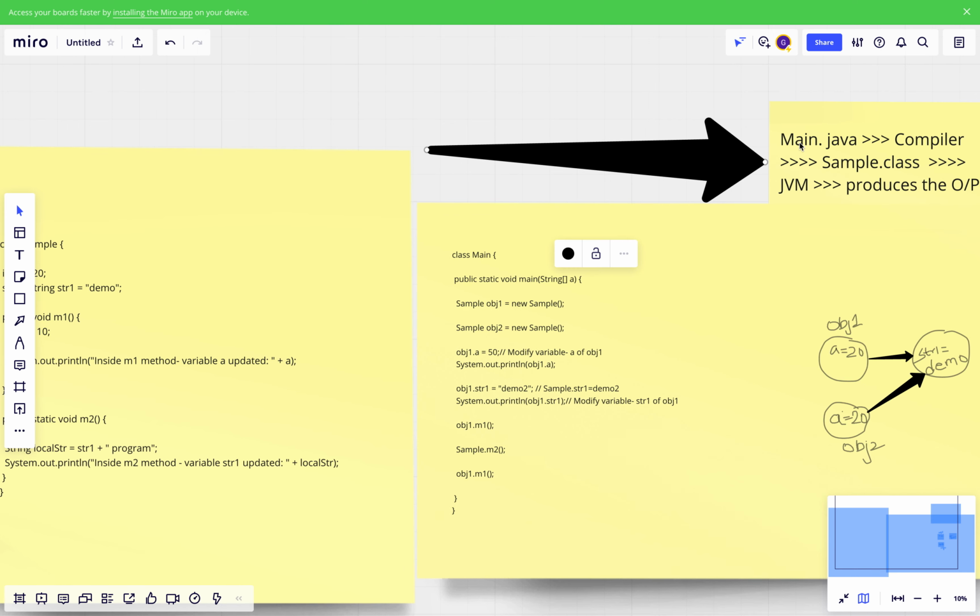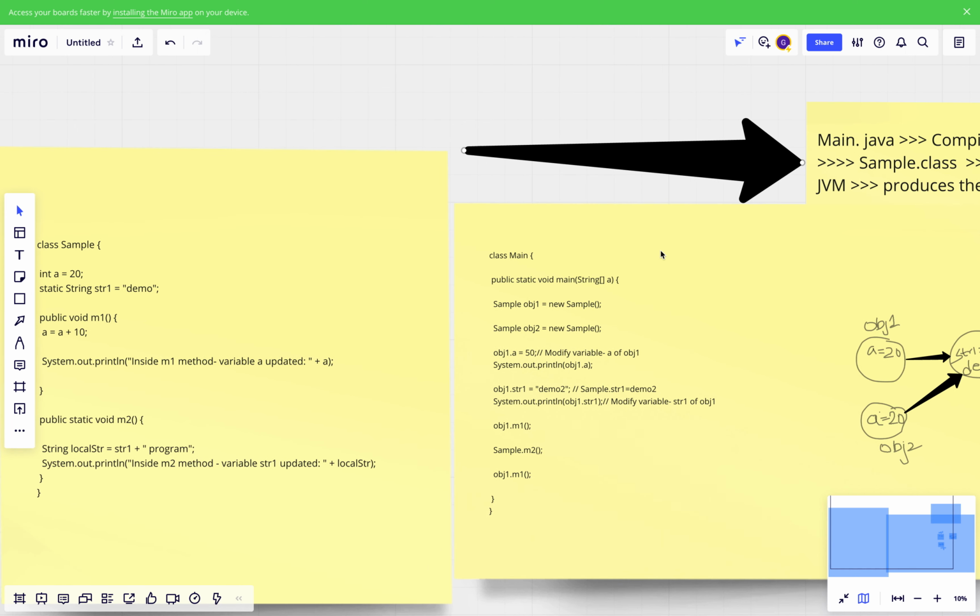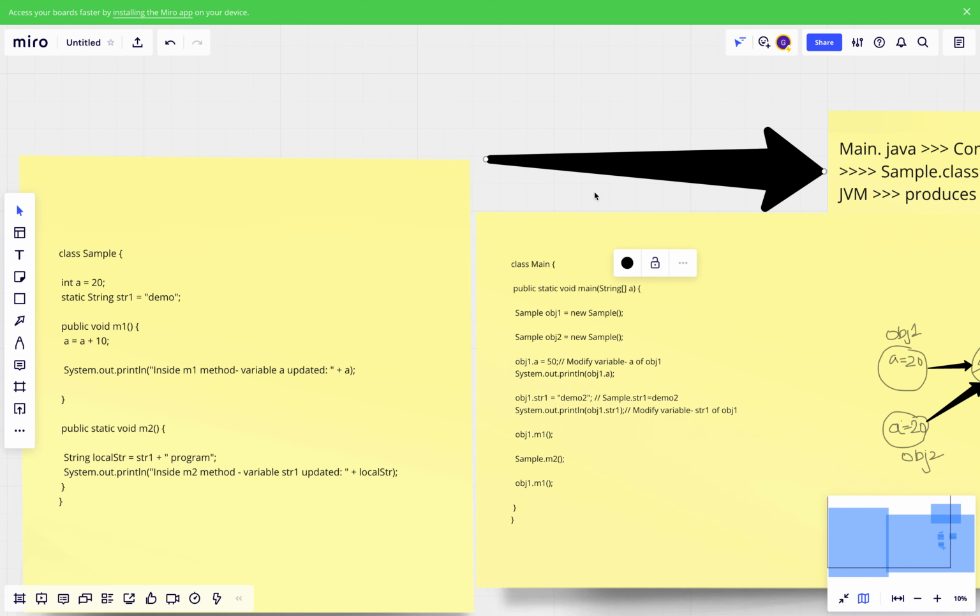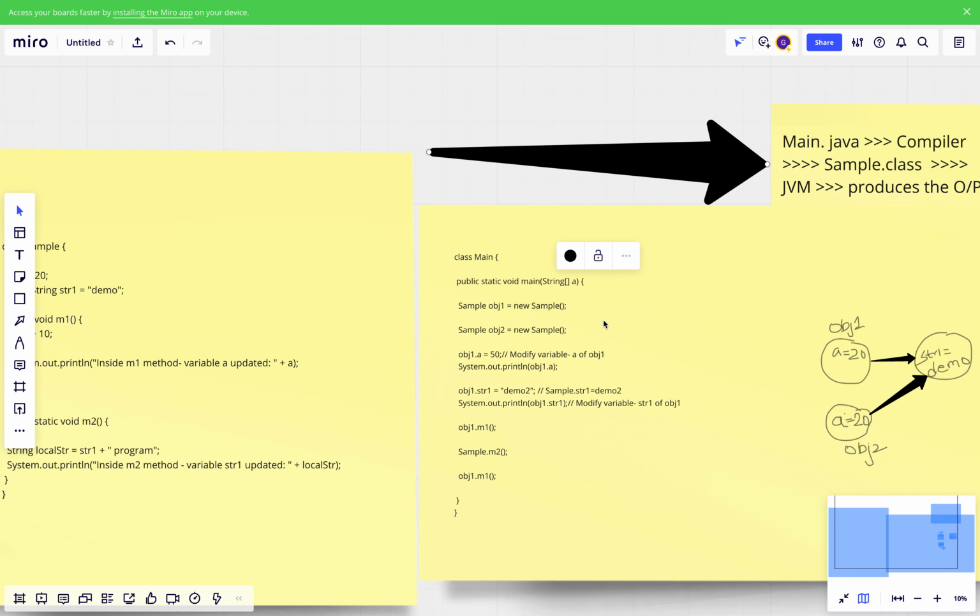Let's assume that the file name is Main.java, and under Main.java you have class Sample and class Main. So first you will compile the code.